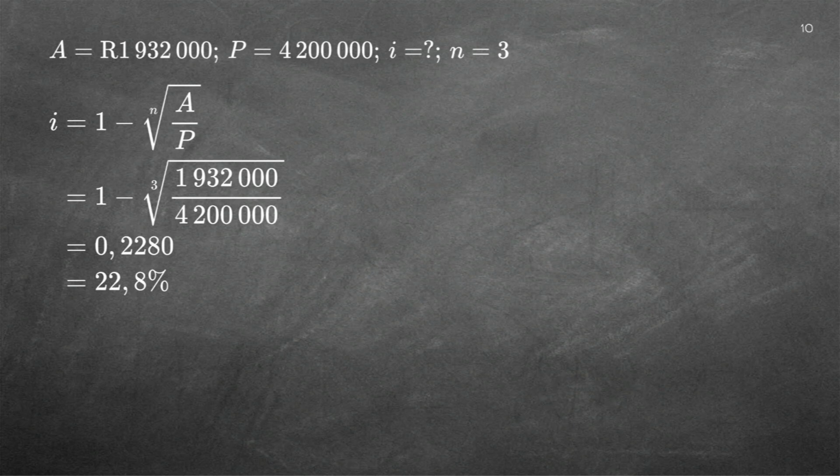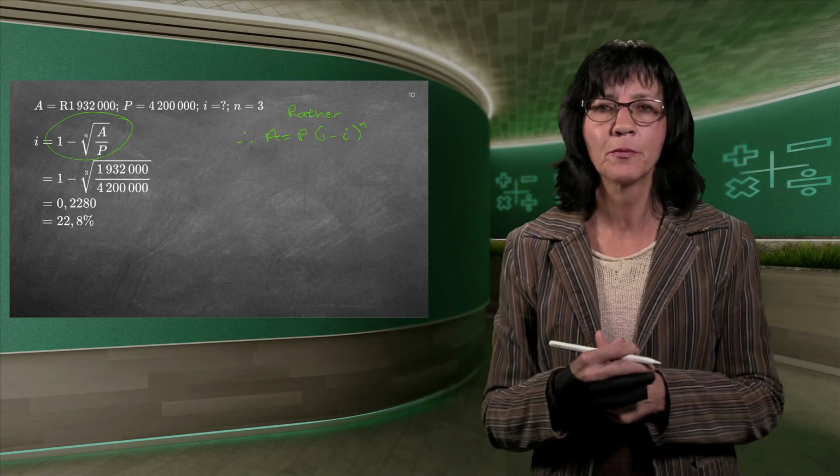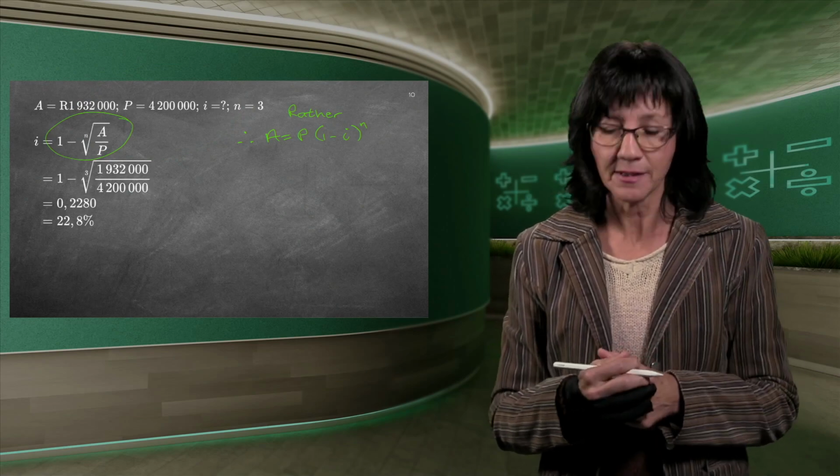I do not like that at all. So I'm just going to on the right hand side, because I'm going to take off the rest, write down P 1 minus I to the power of N. And I'm going to say rather, because this left-hand side formula there is not on a formula sheet. In any case, in grade 10, 11, you do not get formula sheets. So you rather use the formula that you know, P, 1 minus I to the power of N, you know it very well by now, and then fill in all the values like I did in the previous page, and then you'll see you get exactly the same answer.